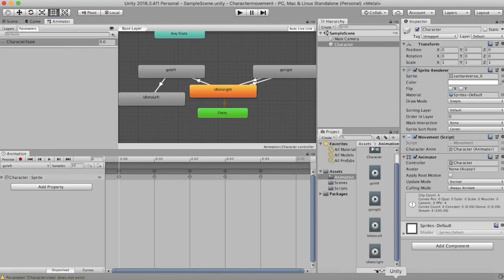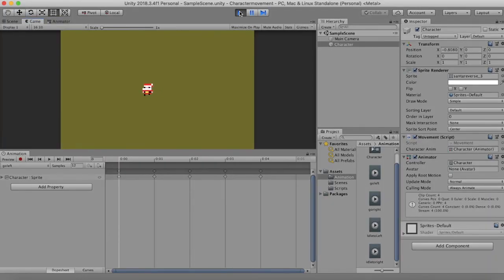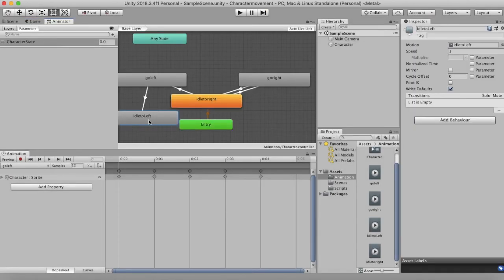Coming back to the project, let's run our game. When we go left, it's going to the left, and if I release the key, it's going to the idle state where it is facing to the left. Now we need to set one more condition here, that is when we are facing to the left and we click on the right arrow, then we need to go to the right. So we again have to make a transition from idle to left, that is click on make transition and take the arrow to go right.